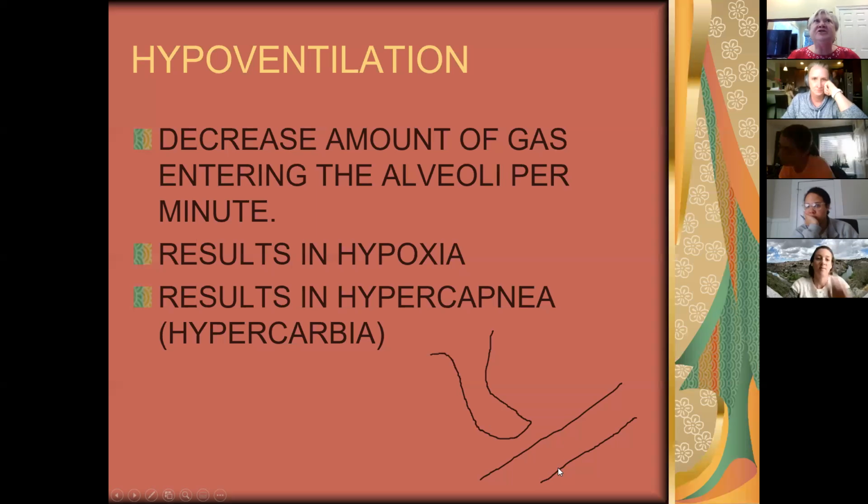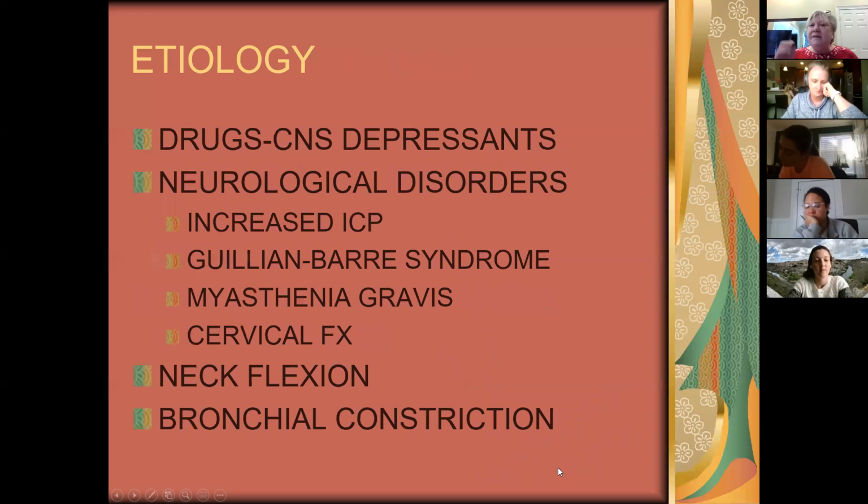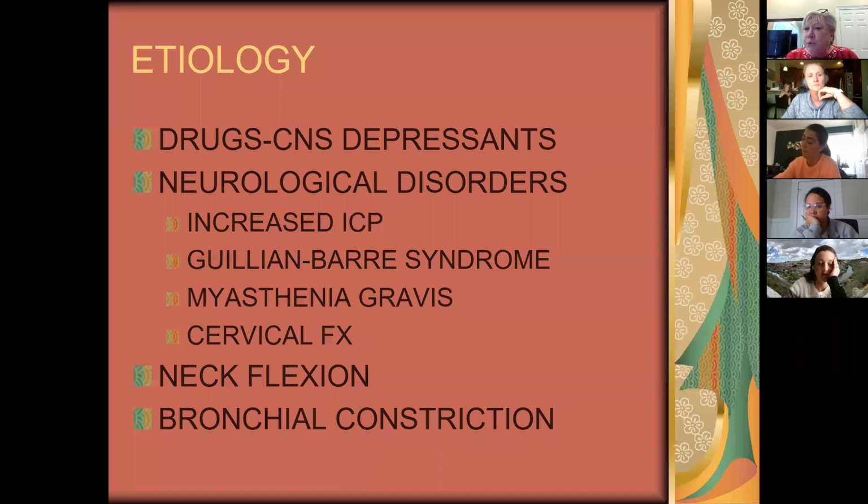So hypoventilation has to do with the alveolar side. Okay. So it could be because maybe you have a CNS depressant drug. It could be because maybe neurologically you're having problems with that. So it could be that it's not even on the respiratory side. It's just that maybe you have a disease that's not letting you take a deep breath. It could be because your neck is flexed and because you're unresponsive, or bronchial constriction. For whatever reason, you're not taking a good deep breath and you are